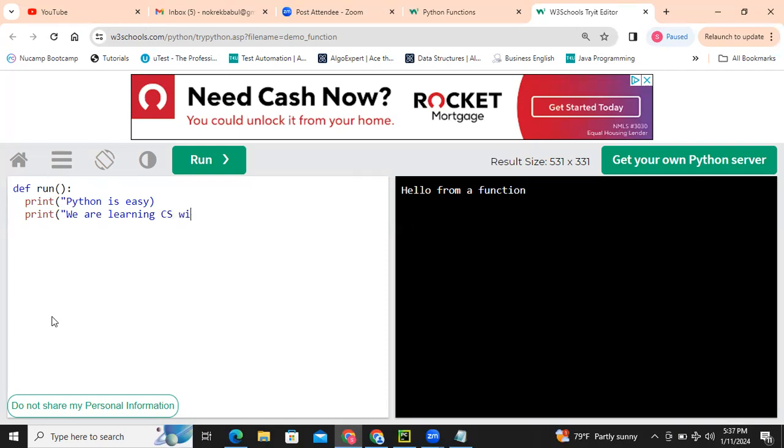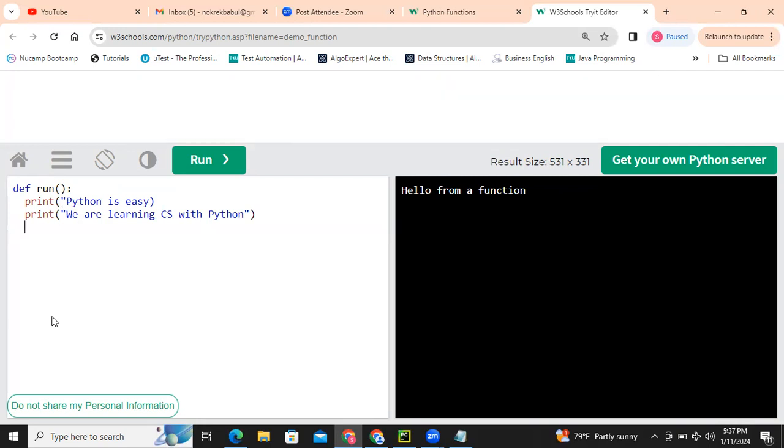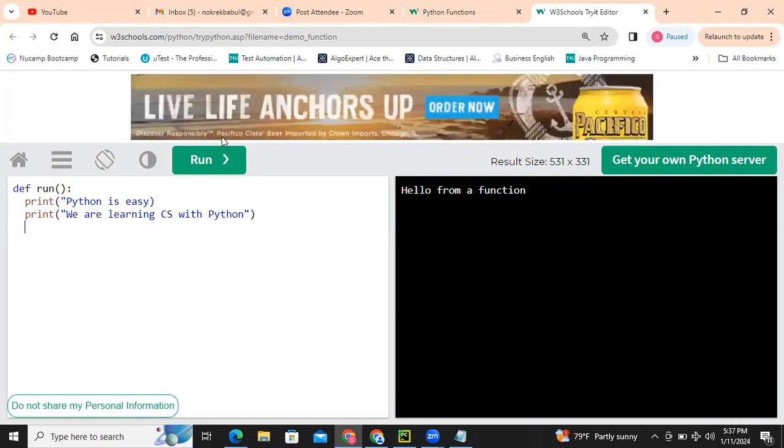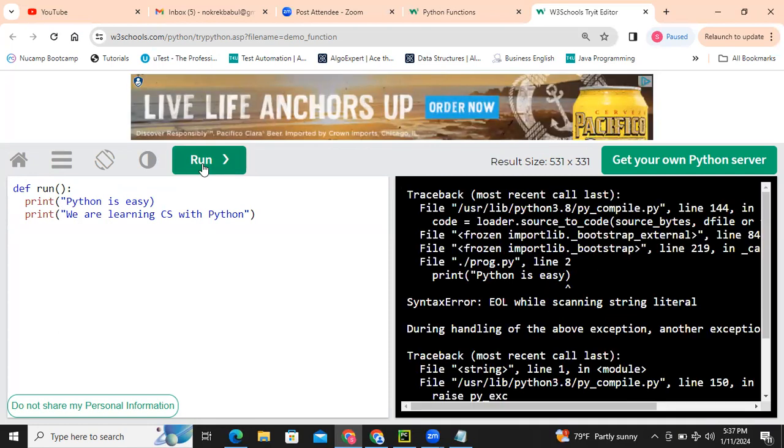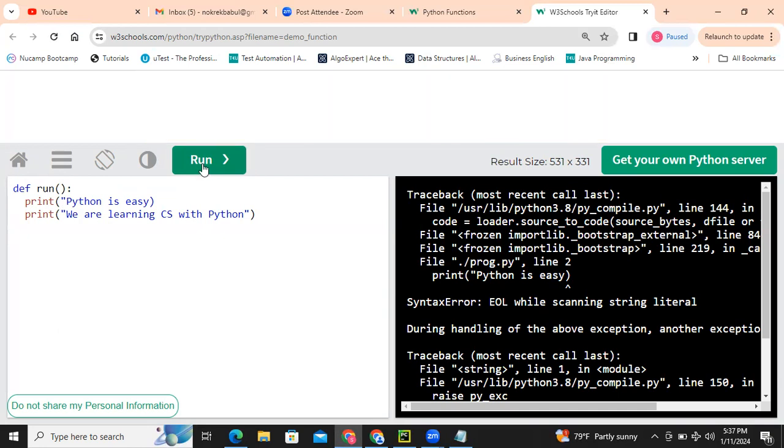Cybersecurity with Python. Okay. Now, if you run it, actually, it's not responding because you are not calling it.